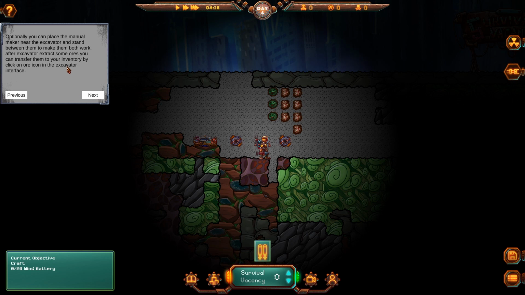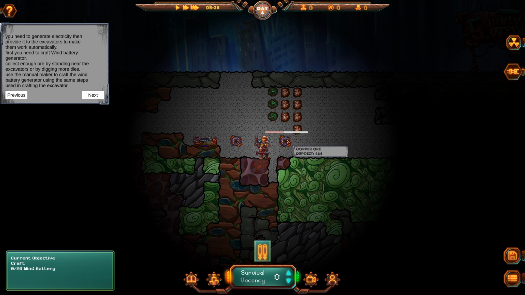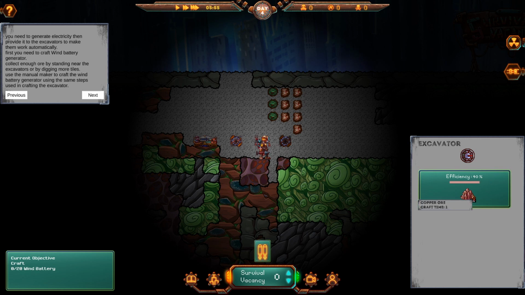Okay, cool. And the next one is, optionally, you can place the manual maker near the excavators and stand between them to make them both work. After excavators extract some ores, you can transfer them to your inventory by right clicking on it. Okay, cool. I will do that in a moment. Right click. Okay, cool. So you can click that